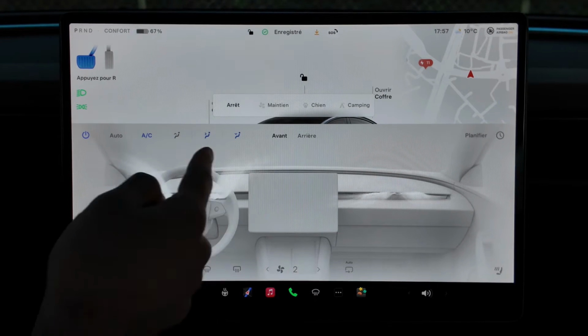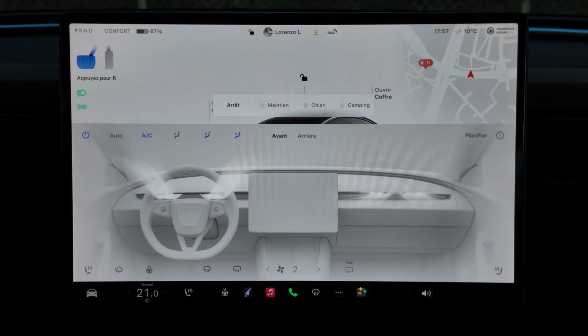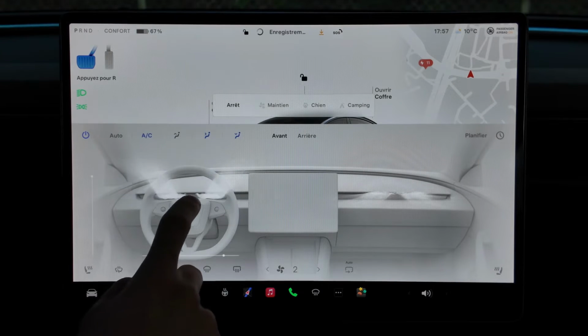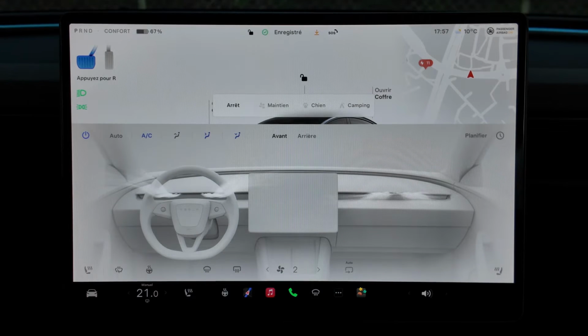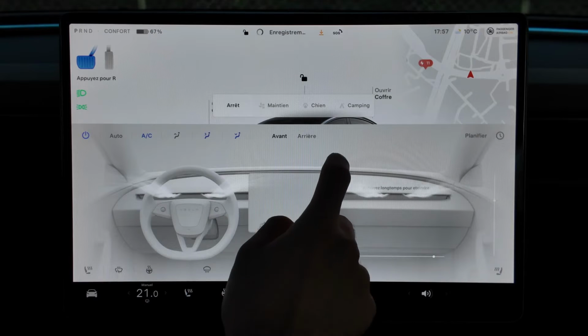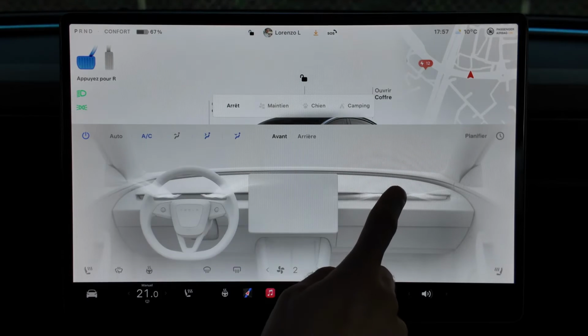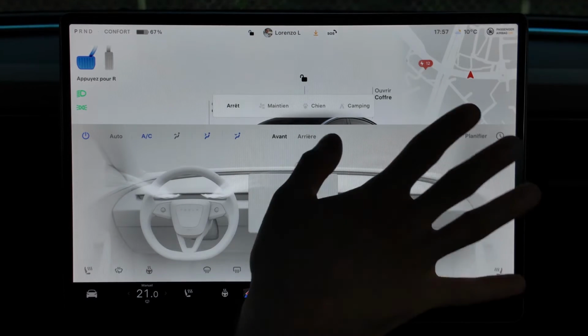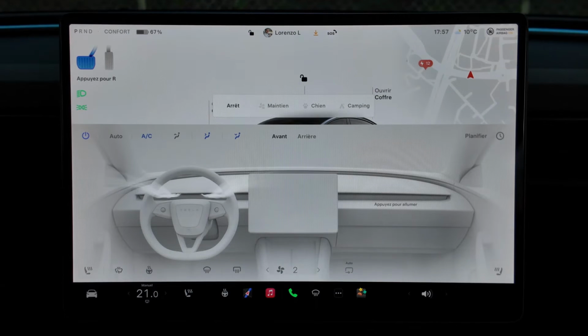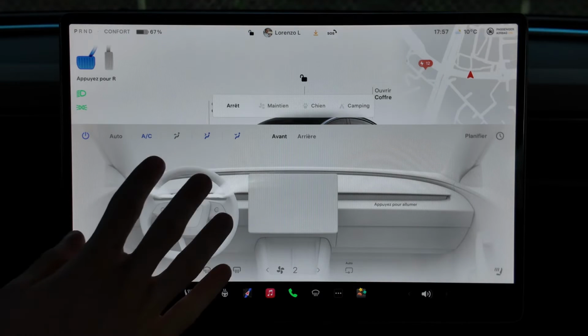But if I want to have air coming from the front vents, so onto my face here, I can adjust the height and direction of the airflow. And it's the same, I can do it for the passenger as well. I can have it just on my side. If I press and hold here, you see that I've completely turned off the air conditioning on the passenger side, but kept it on my side.